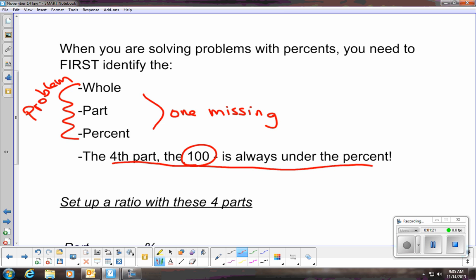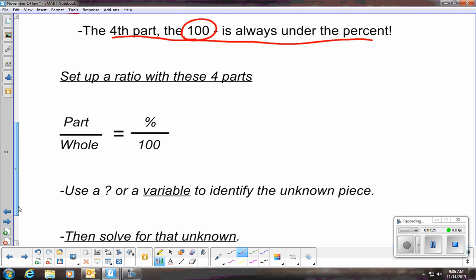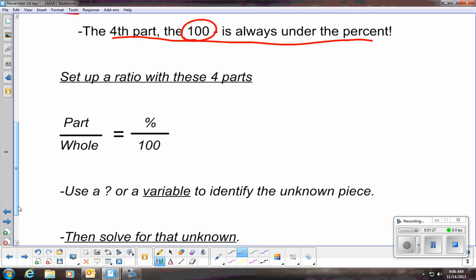So my recommendation, and actually it's more than a recommendation, I want you to do it this way, is you're going to set up a ratio that looks like this. Part over whole equals percent over 100. All right? Right now, we're going to use what we know about equivalent fractions, division, all of that to solve